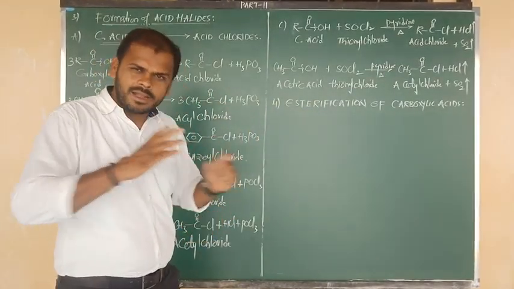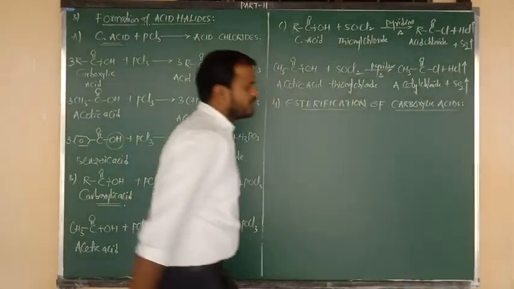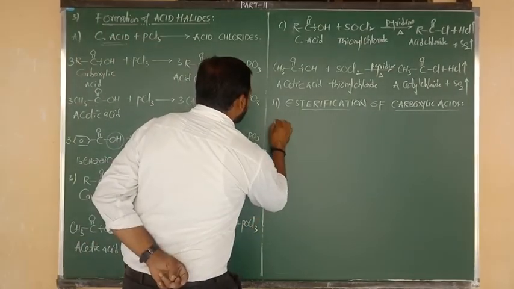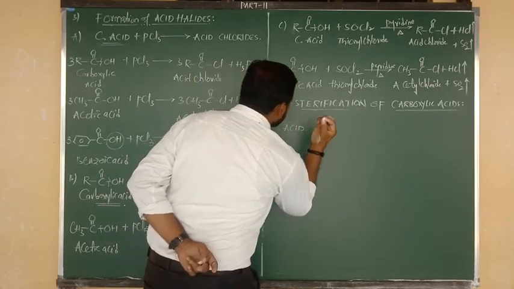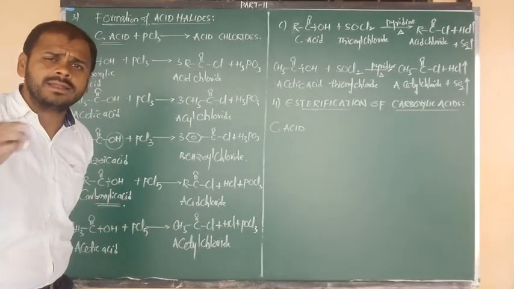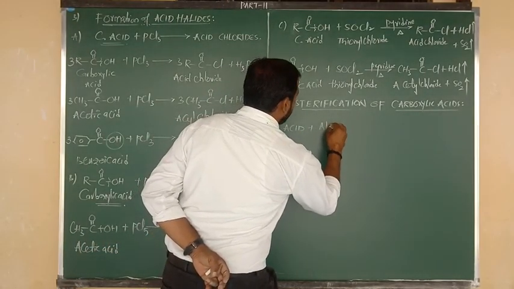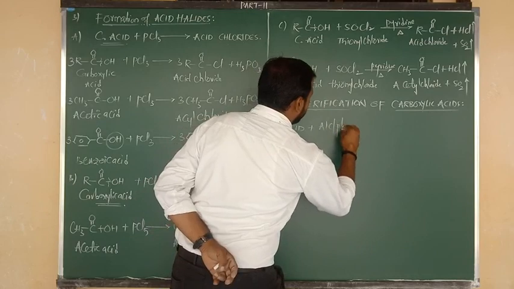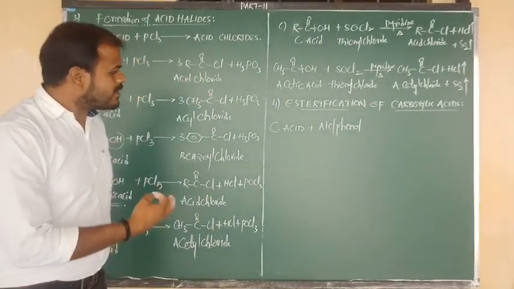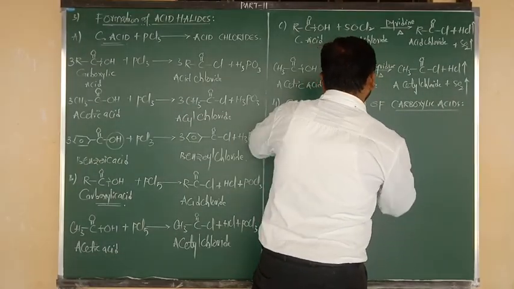Once again, let me give the common statement. What is meant by esterification of carboxylic acids? First of all, I am going to give you a common statement. This is the property of which compound? It is a property of carboxylic acid. When it reacts with, we can consider any one reagent. Number one is alcohol. Otherwise you can consider another reagent, that is phenol, as you wish, no problem. So carboxylic acids on reaction with alcohols or phenols,